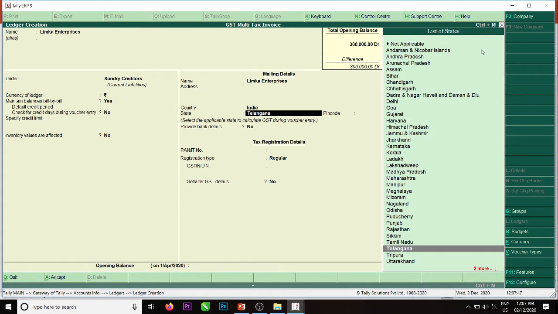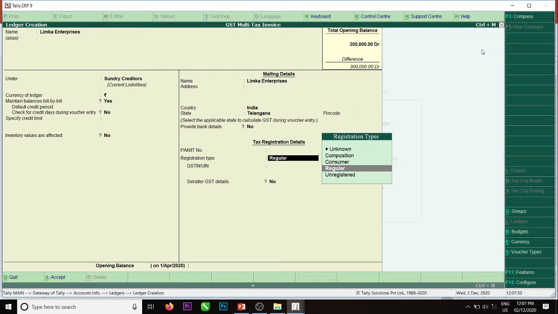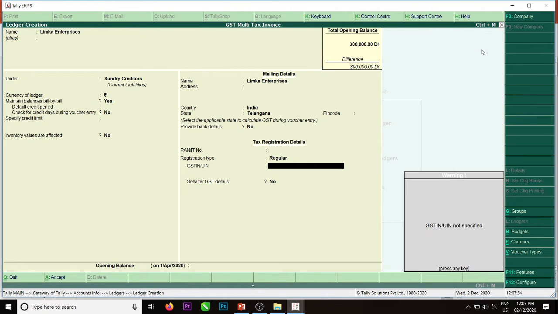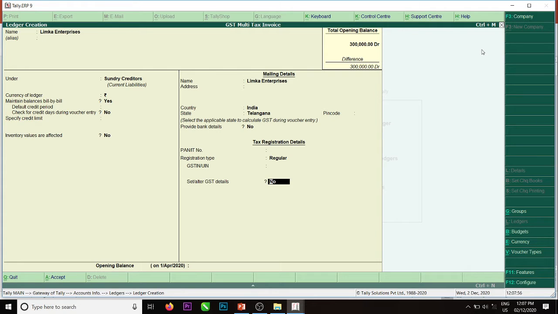Trader details it is asking. Trader type is regular, with GST number for input tax credit. Okay. When we enter his GST number, he is eligible to get the credit for the tax we collected from him.